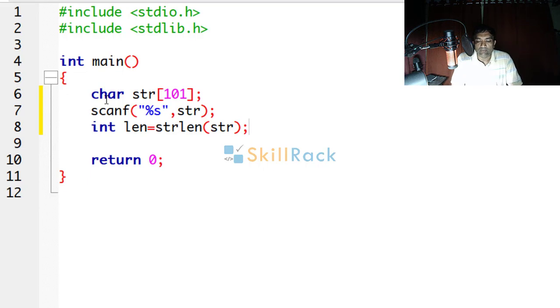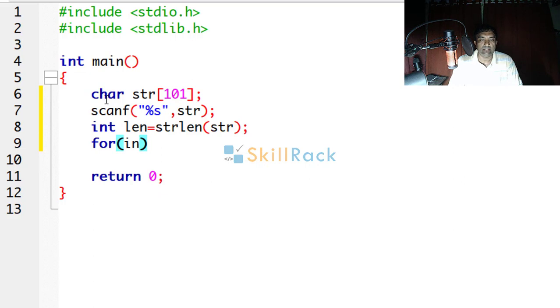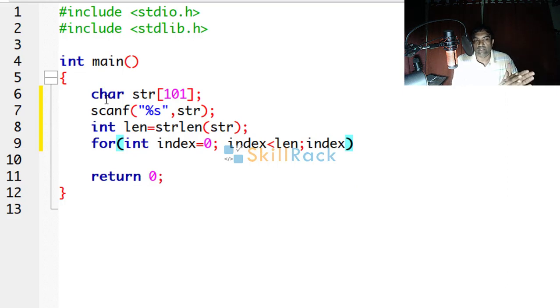Now we need to have a loop. So as we discussed, we will have a loop variable called index. So int index, we have to start from the first character. So we have assigned 0 to index. And what is the condition? index less than len. Okay. Then we have to increase index by 2. That is what we discussed. So it will be 0, then 2, and so on as long as the index value is less than len. So index plus is equal to 2. We should not say index plus plus, but index plus is equal to 2.